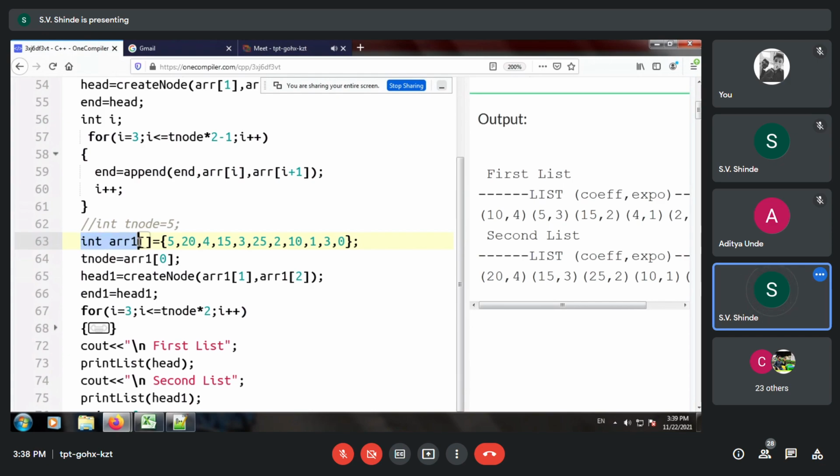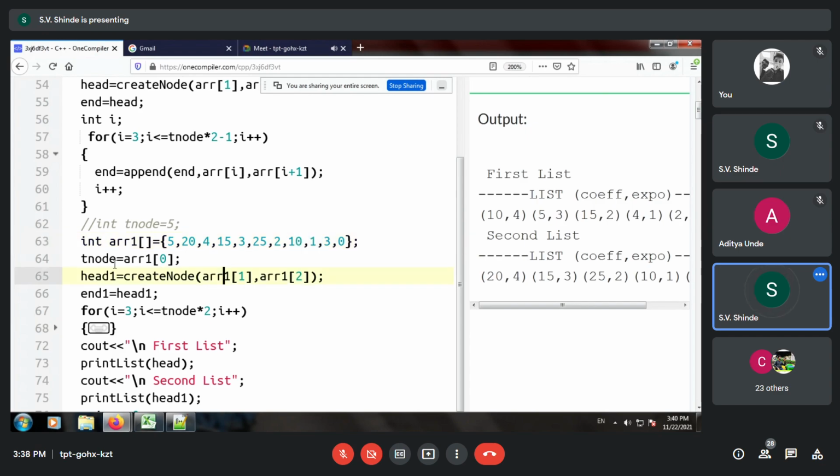Again we have 5 nodes. The first node, the head node, will have the value 20, 4, that is 20 raised to 4. Second will be 15, 3. Next is 25, 2. Then 10, 1 and 3, 0.